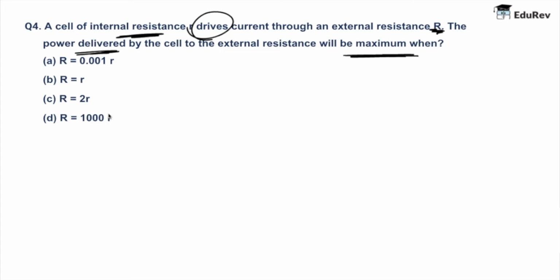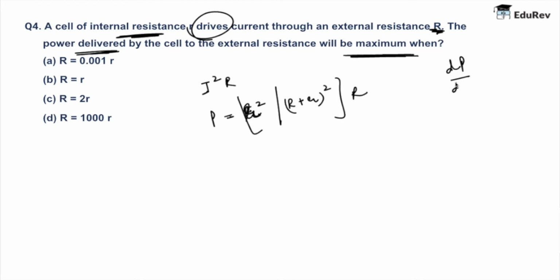This is the question. Now the power delivered to the resistance is nothing but I square R, we know this, correct? So P is going to be E square upon (R plus r) whole square into R. So this is the power. Now for maximum power, I know that the derivative has to be equal to 0. So dP by dR has to be 0 if I want to calculate the maximum power. So basically I need to find the derivative of this equation with respect to R, and then I have to equate it to 0. So when I do that, the equation that comes out is going to be